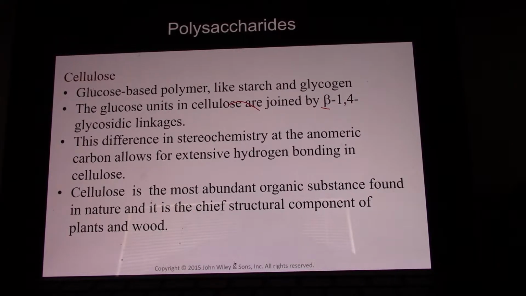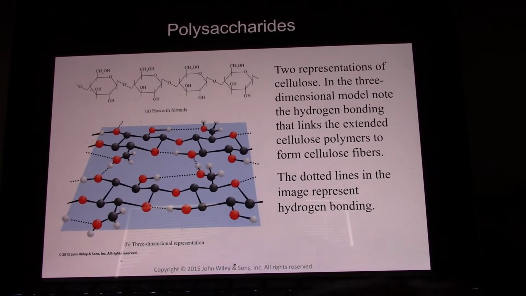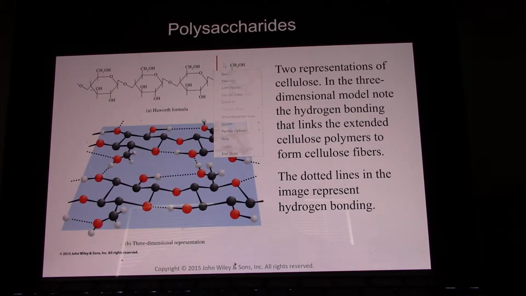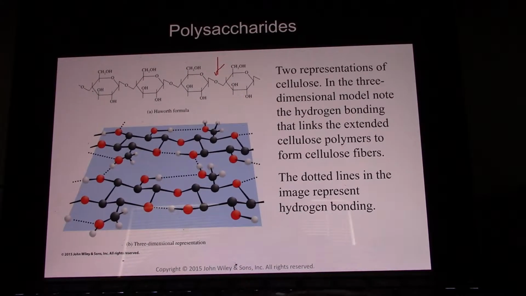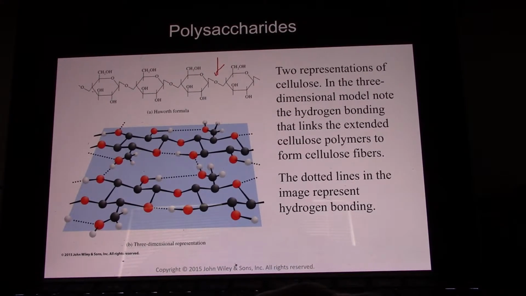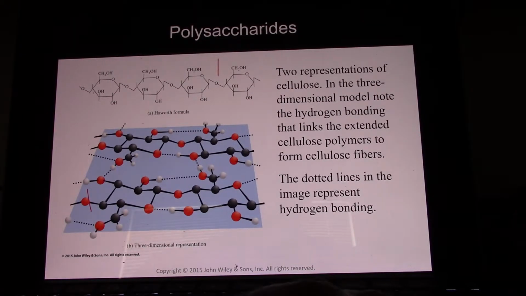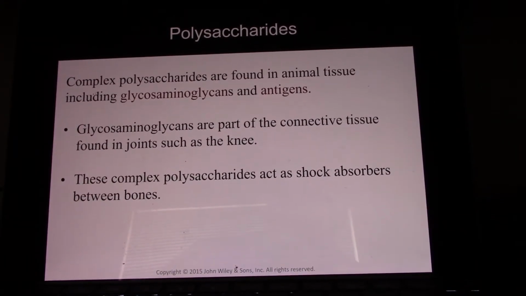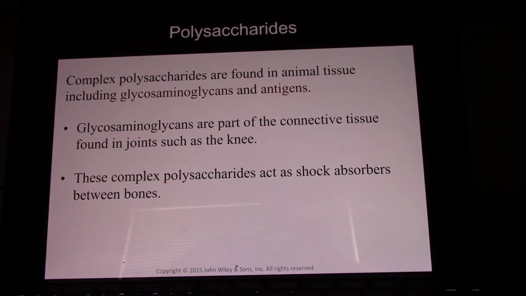Cellulose is the most abundant organic substance found in nature, and it is the chief structural component of plants and wood. So here we have two representations of cellulose, and notice the beta bonds. And the dotted lines represent the hydrogen bonding that occurs in cellulose, making it an extremely strong fiber. And so wood is very strong. It's very useful, and it can help form gigantic plants like the redwoods out in California, which are hundreds of